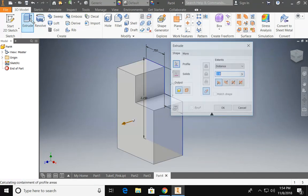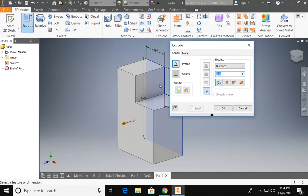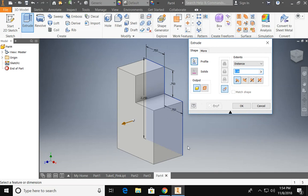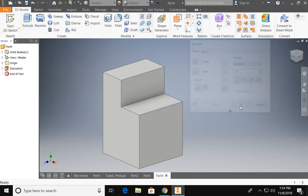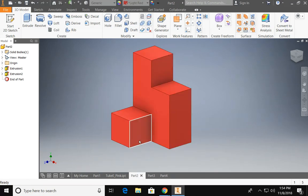So when I go to extrude, it'll automatically select the profile that I'm using. I know that this block is 2 blocks wide, so I'm going to type in 1.5, or 0.75 times 2. And say OK. Now, if you go back to your original part, we want to expose just this one piece